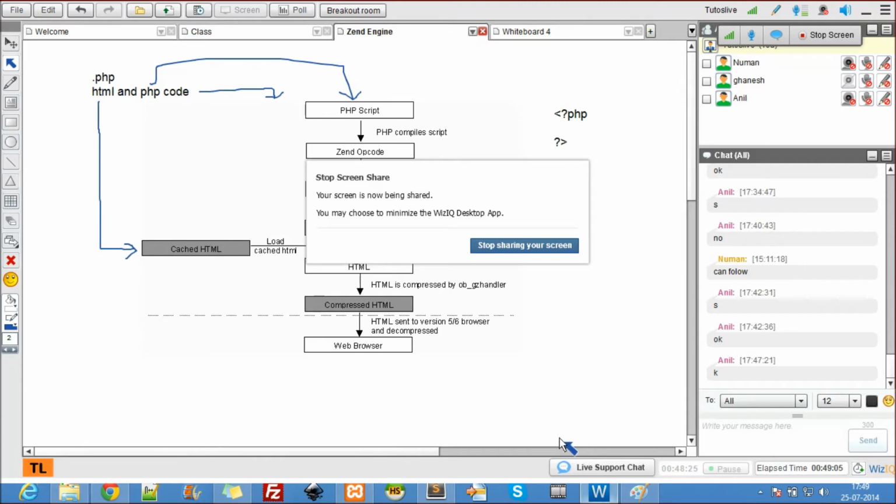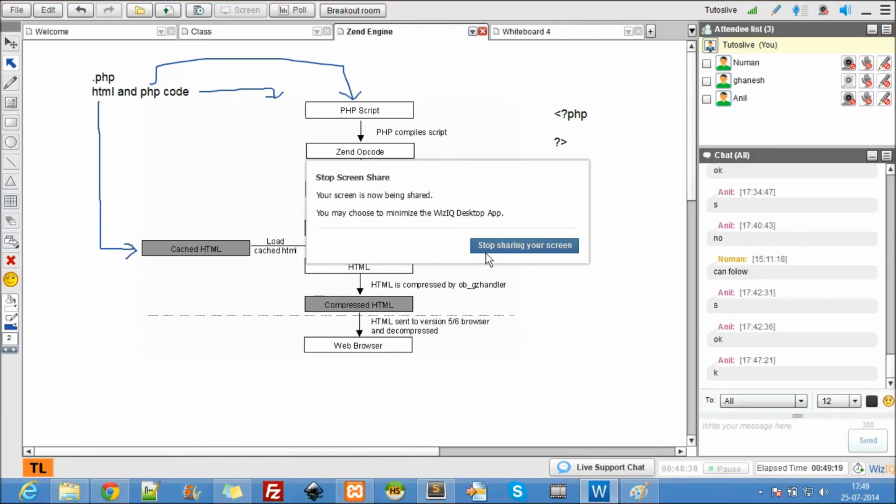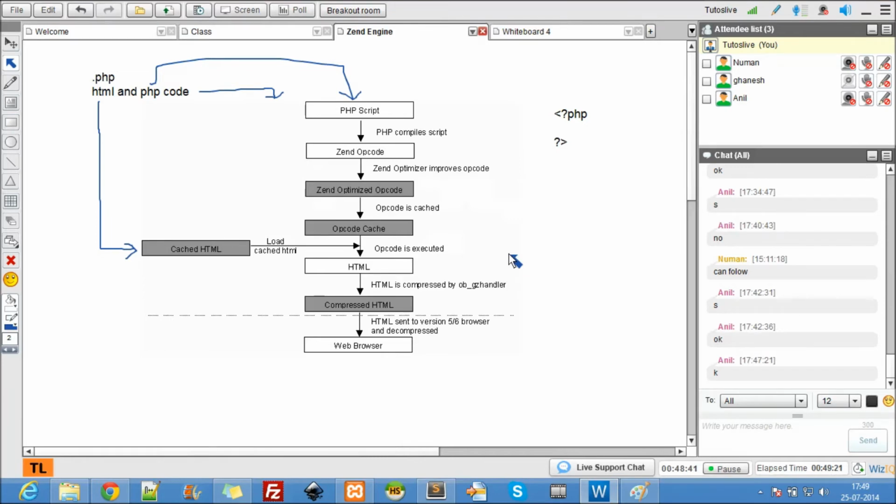So always remember, this is the best practice to write PHP code. A lot of people, if you go out there and look at tutorials, they show you the worst practices in PHP, but this is the best practice. The best practice is always embed your PHP code inside the HTML tags.